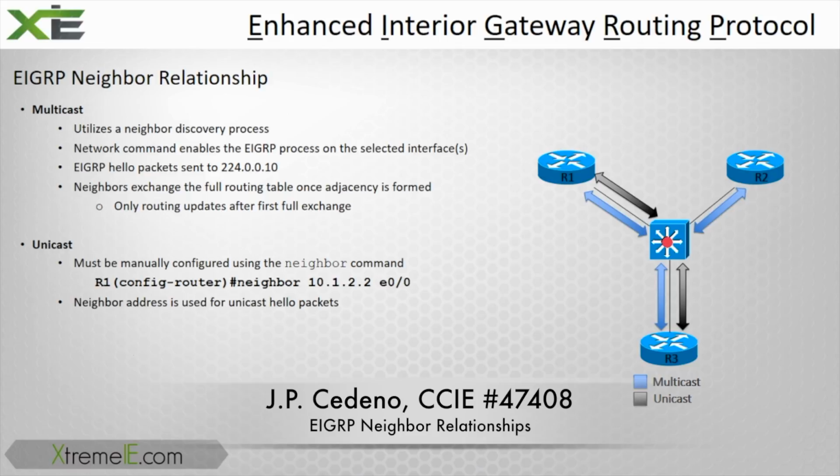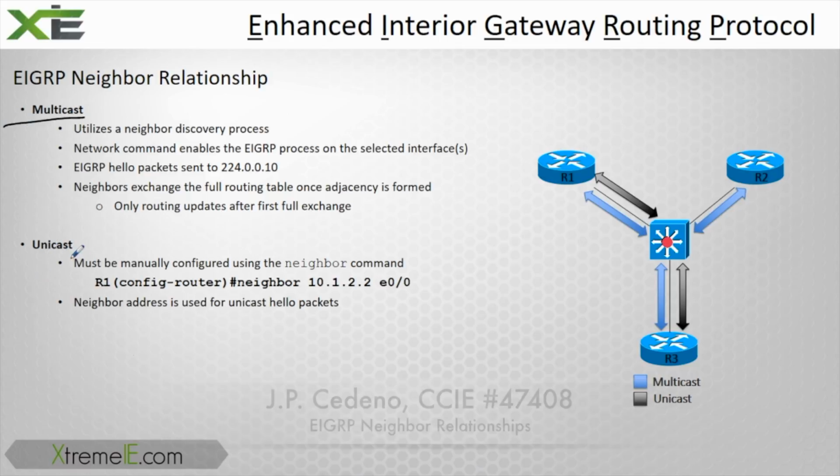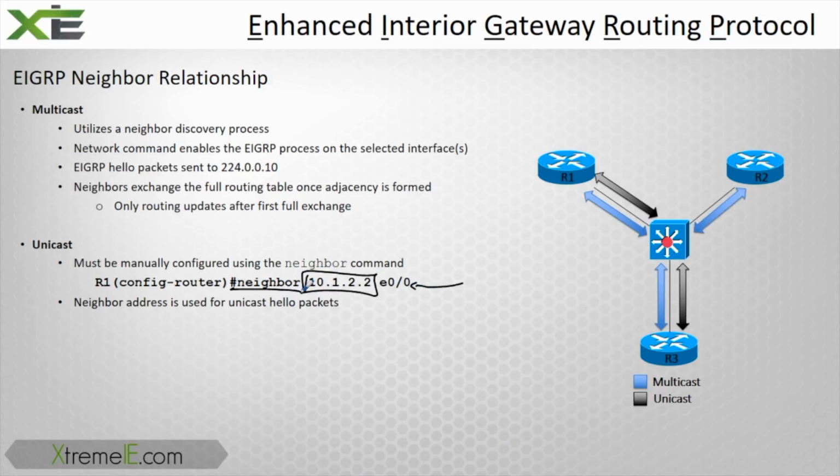EIGRP is going to utilize two different types of neighbors. You're going to have multicast and unicast. Now, the way that you enable EIGRP is still going to be the same. Let me start with unicast first. If I go into an EIGRP adjacency and I use this neighbor command here, this would be the command that I would use. I would say neighbor followed by the destination IP address that I'm actually going to form an adjacency to,